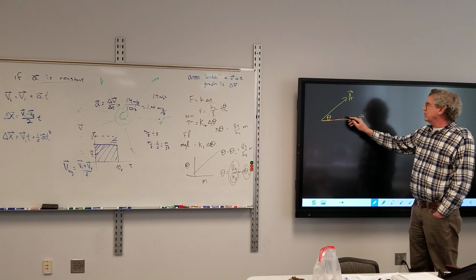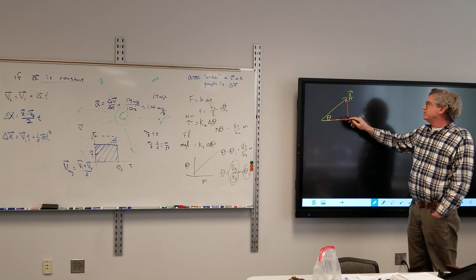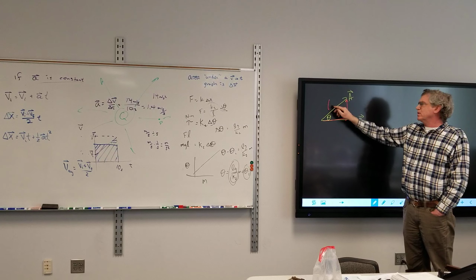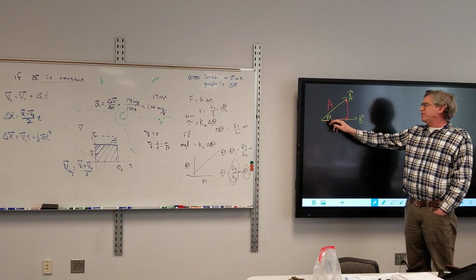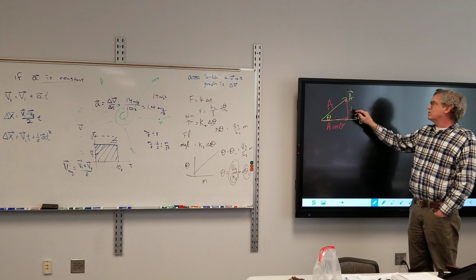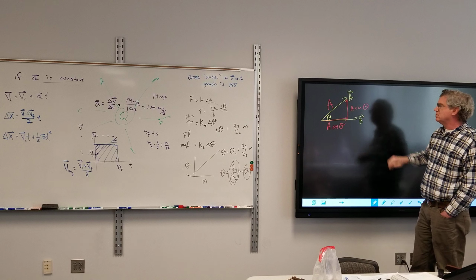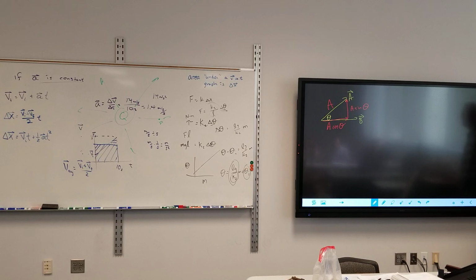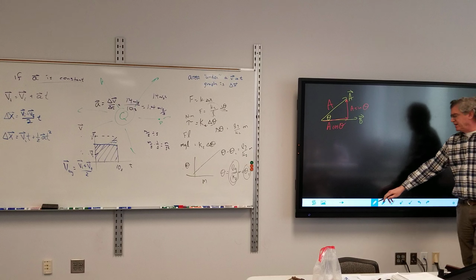I'll have a vector that way and that way. I know the magnitude of this vector is A. I have this angle theta here, so this is A cosine of theta. This is A sine of theta, using right triangle trig. So if I did A dot B,